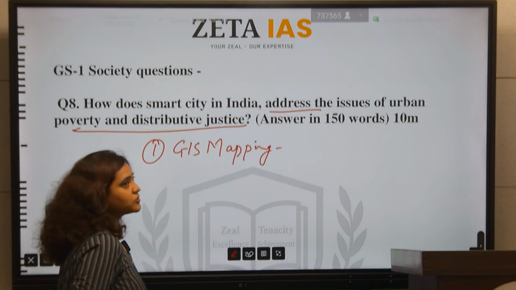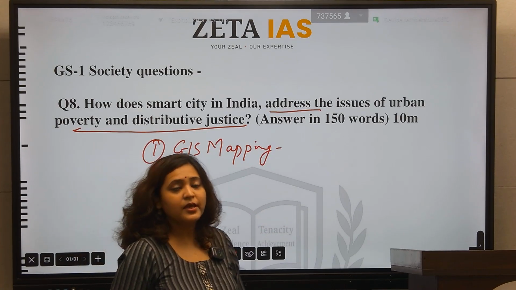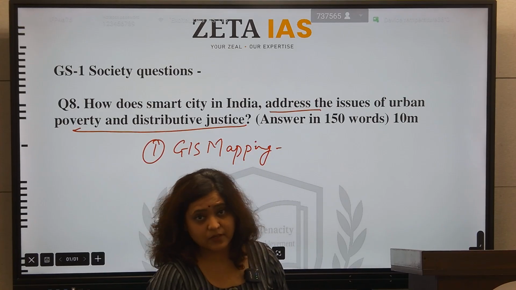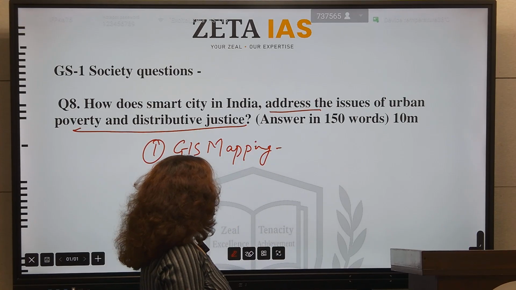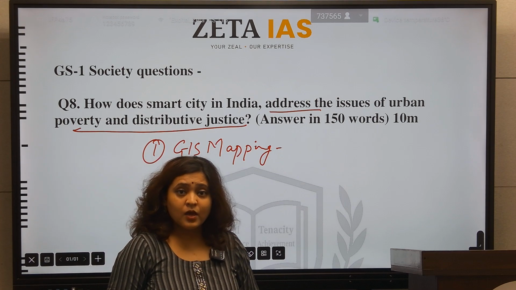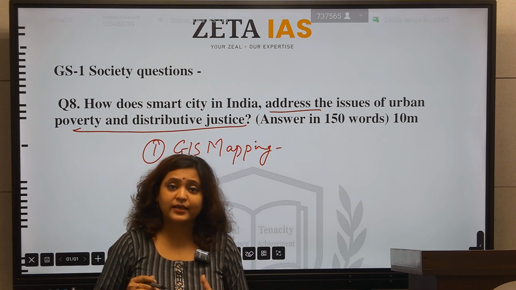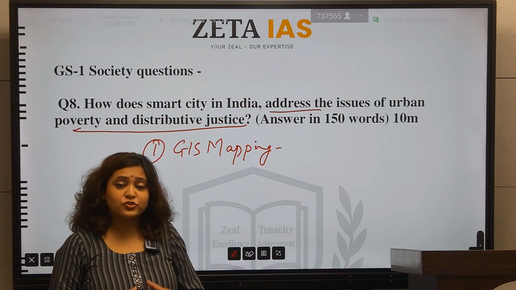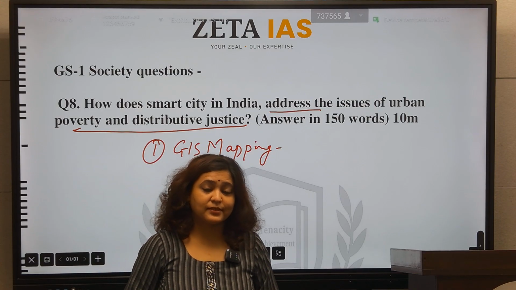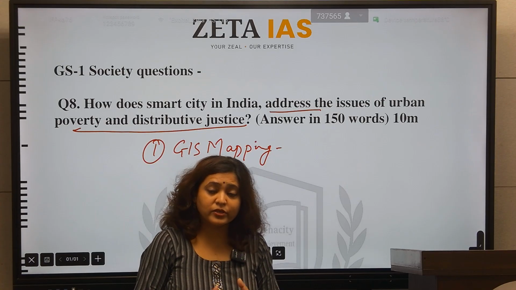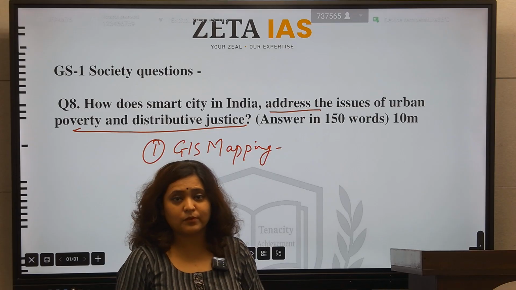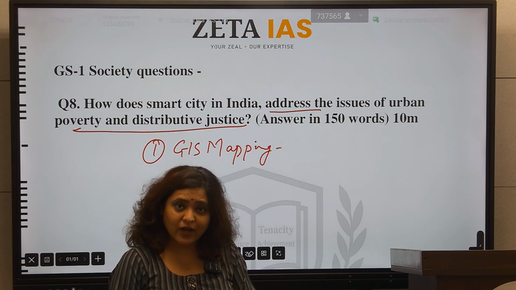You know that technology sits at the heart of development. There can be no development without technology, especially in today's time and scenario. So GIS mapping is basically a geographical information system which helps in collecting data from areas. It stores those data and then it analyzes those data. So what happens is that the urban planners have good data to work on so that they can devise a good and efficient urban plan and act on it.